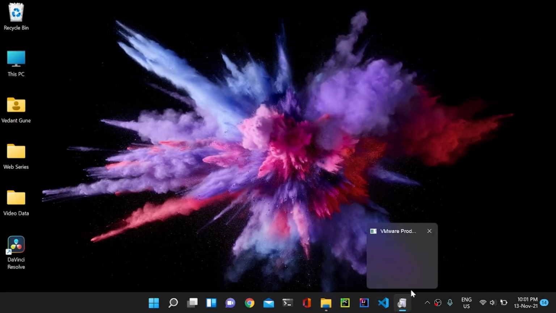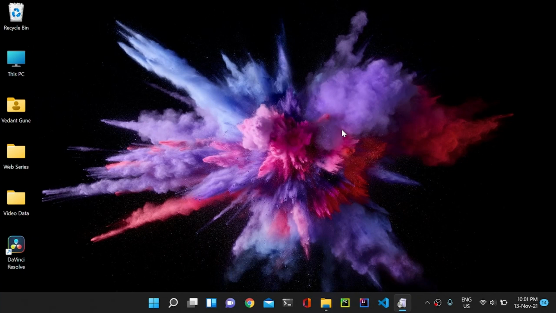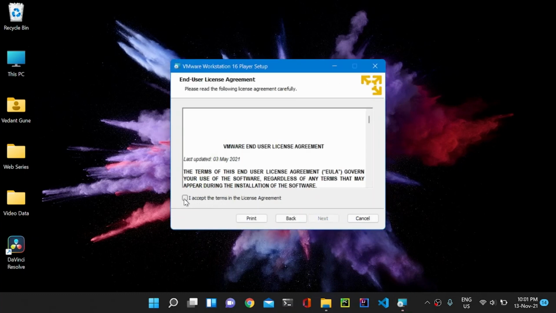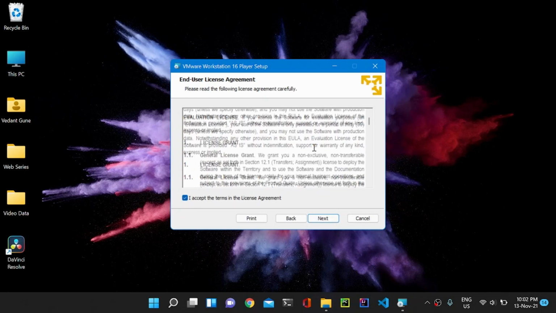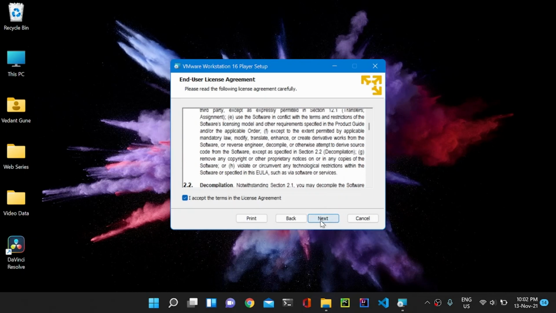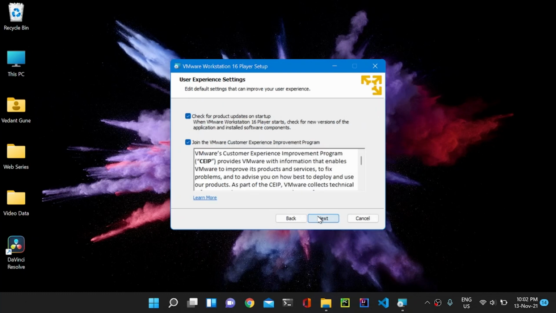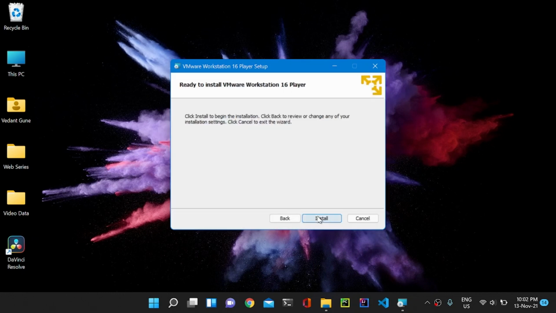Here it is launching, so we will give it the time it requires. It is preparing to install. Simply accept this and click on next. Simply accept the license agreement. If you want to read it, you can read this agreement as well. Simply click on next. Then you will have this type of an interface. For security and simplicity reasons I will not change the path. If you want to change the path you can do that for sure. Now I will click on next, next and install.